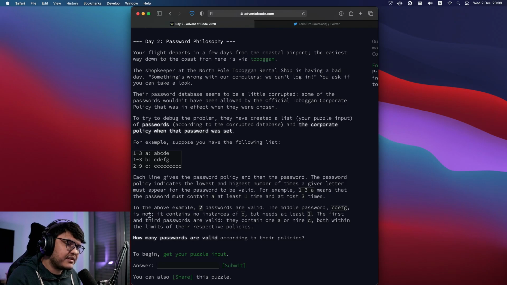The middle password is not, it contains no instances of b, but it needs at least one. The first and third passwords are valid. They contain one a or nine c's, both within the limits of their respective policies. So this is to say that both extremes are included.